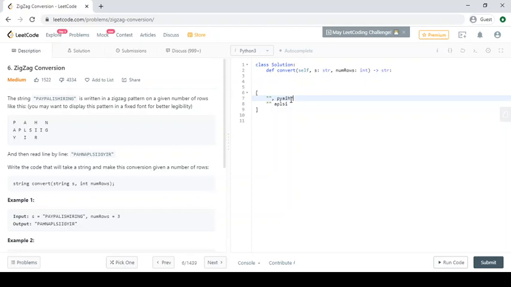As we reach the bottom, we go up, and when we reach the top, we go down. Then we will join the rows by looping through each element by index. Then we will join this and we will join this. So our result string is this one.